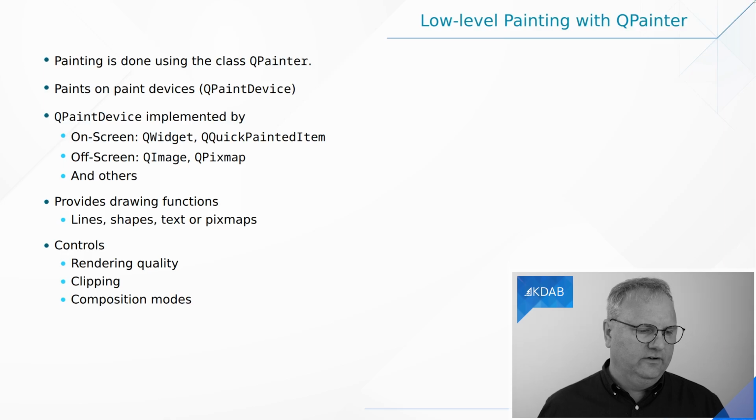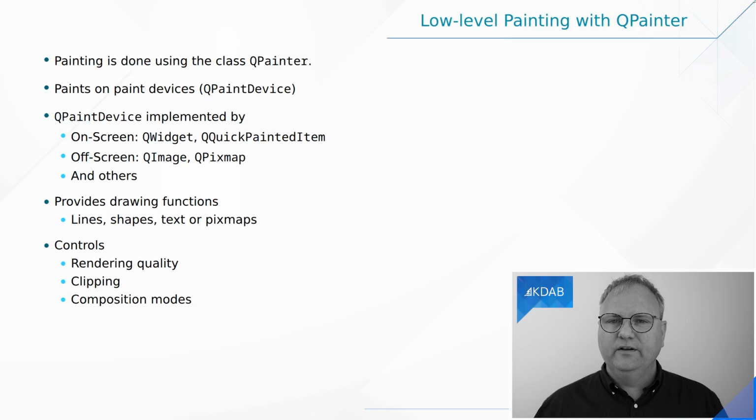And have a look at the slides here. You'll notice that I can paint on QWidget. Obviously, QQuickPaintedItem. So if you are in QML land and you want to draw something, you can create a custom item, I guess it's called in QML. Then you can subclass QQuickPaintedItem and paint on that. QImage and QPixmap, I'll get back to the difference between those a bit later, but that's a container that you don't see on the screen that you can do some operations on, and then eventually put it on the screen or put it somewhere else. And others, one of those that I'll show you a bit later in this episode is